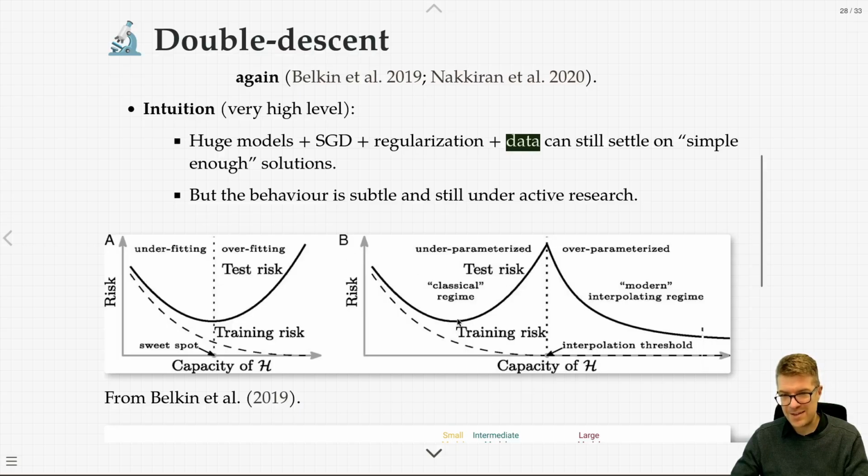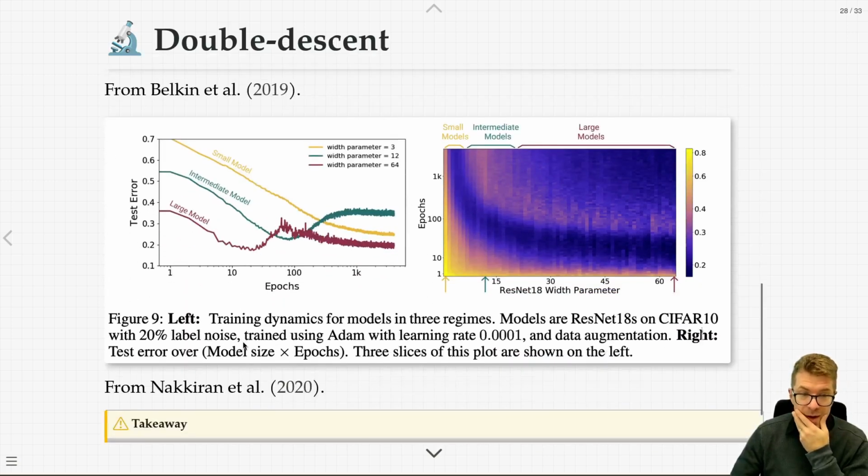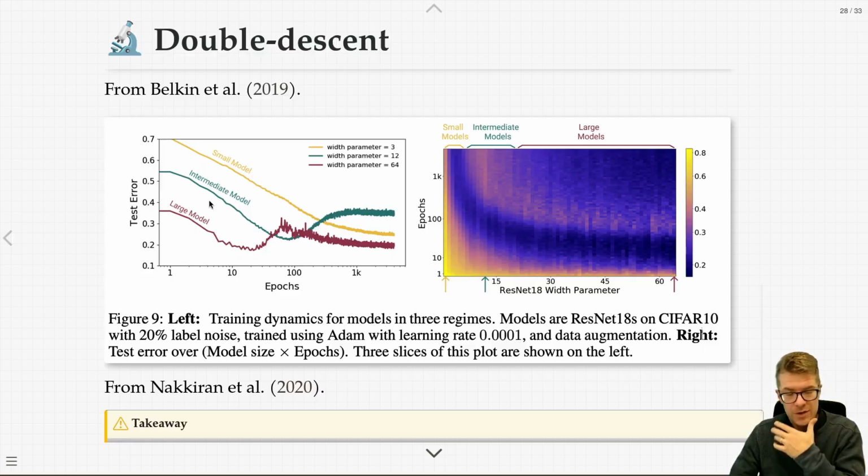This is the first descent. There's a rise here because, oh no, you're overfitting, but then you're not actually overfitting in the grand scheme of things. You have this second descent, this double descent occurring at the back over here. This is empirical data from this other paper I linked to. We have a small model where the dynamics is just one descent over time. We have an intermediate model, which has too much capacity. Oh no, you're starting to overfit. This is the kind of behavior we talked about before. You're getting better and better, but then suddenly your test error, this could also be validation error, goes up again, and then in this case, it stabilizes there.